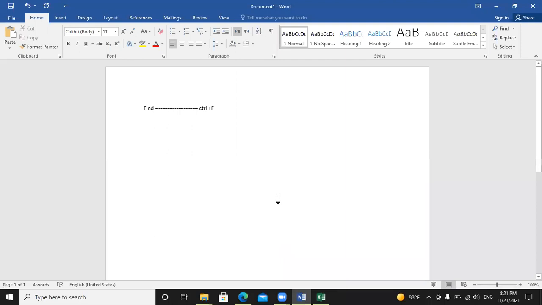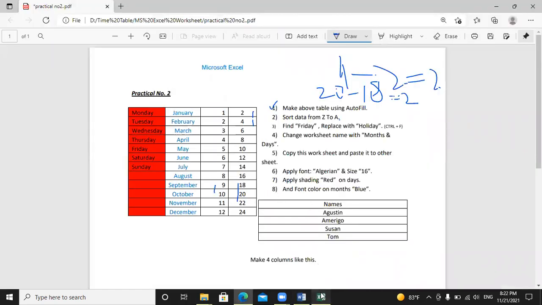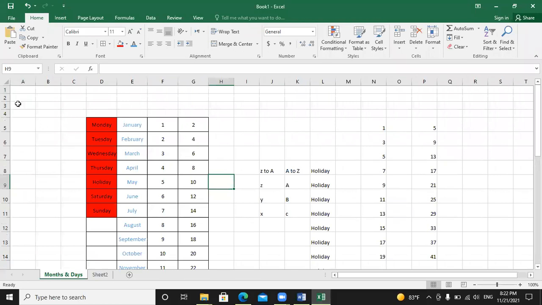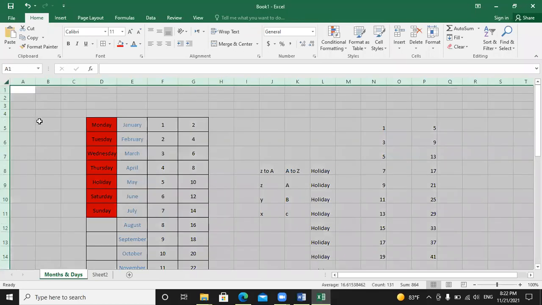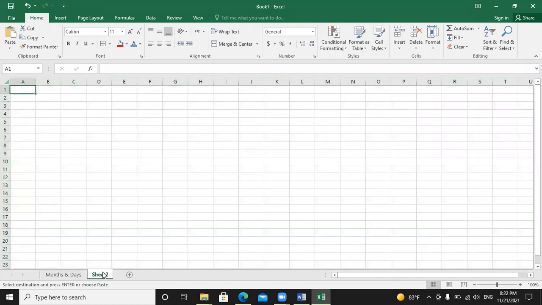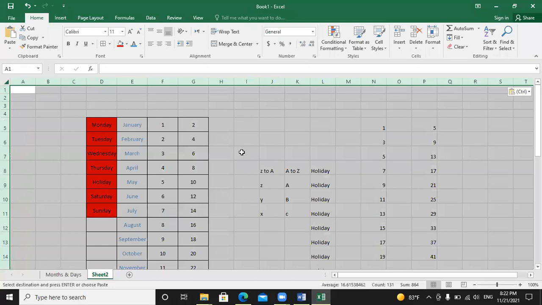For copy, I press Control C, and for paste, I press Control V on the keyboard. First I have to select the table, and from the keyboard I press Control C. Now I move to the second sheet and press Control V. That is one option.